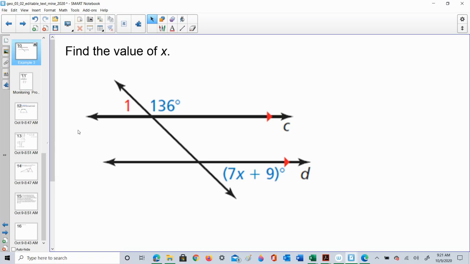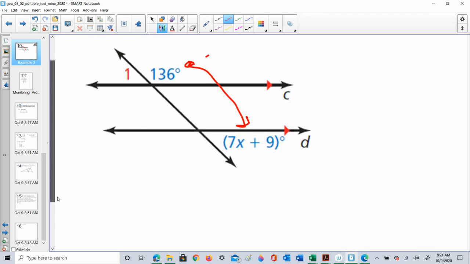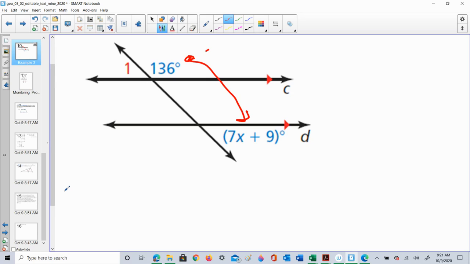All right, how about here? Well, here they give us angle 1 only because in the textbook, they didn't have that one theorem that I gave you that was extra, 3-4a. We could have gone here and found this pair, but we also know that this angle and this angle are same side exterior angles. If they're same side exterior, they are supplementary, right? So if they're supplementary, I know that